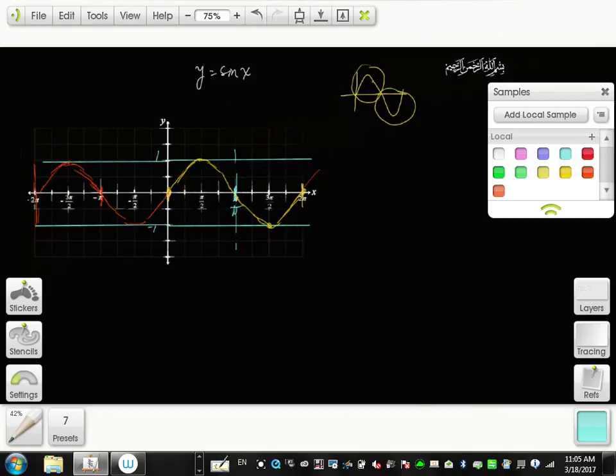Okay, and then we talked about some of this. From here to here, from this to this, that's called the period of the graph. And from here to here, that's the amplitude of the graph. The period of the graph is determined by actually this in here, because these are going to get